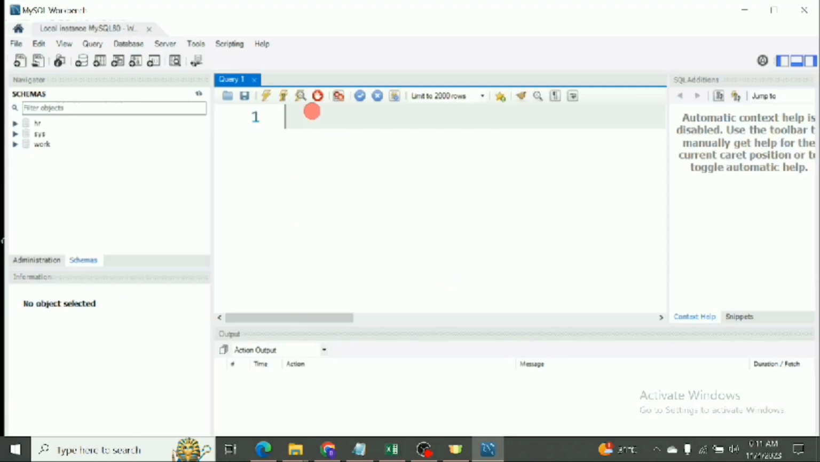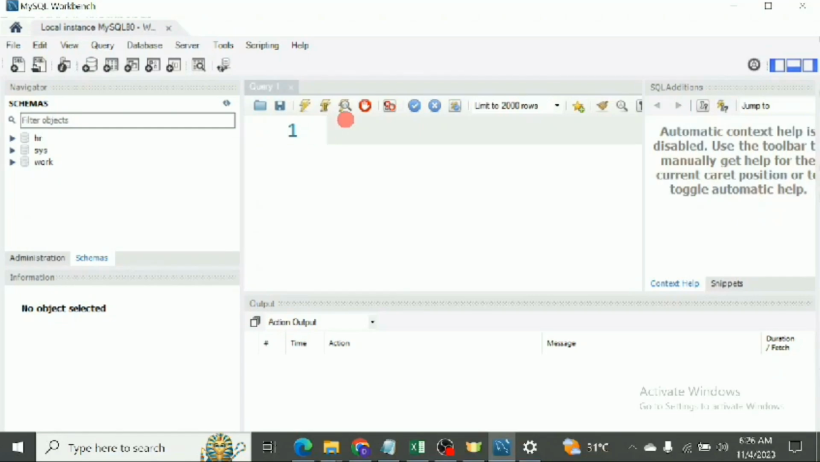Okay, so now this is the SQL editor. This is our MySQL interface, or you can call it a MySQL editor. This is where we are going to write our code, and the output will also come over here. Today I'm going to teach you how to create a database with